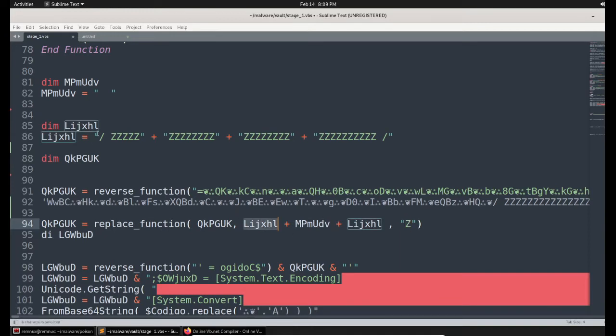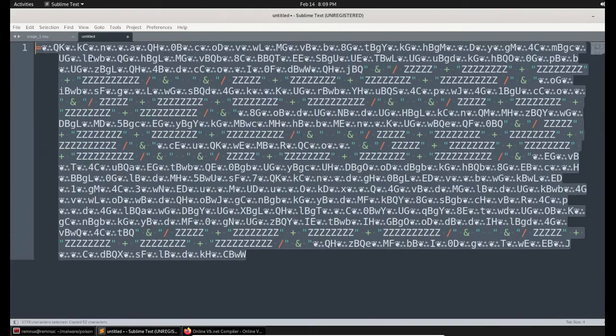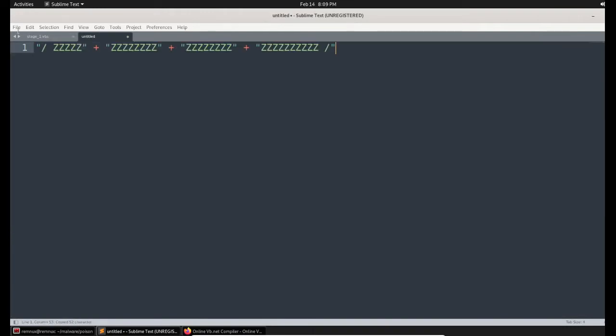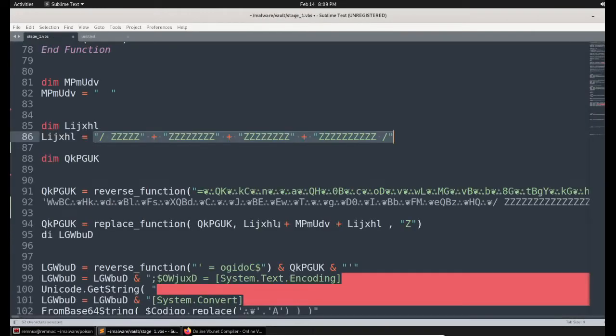So this is the value. So let me try to combine these. And what is the value of this? A simple space.